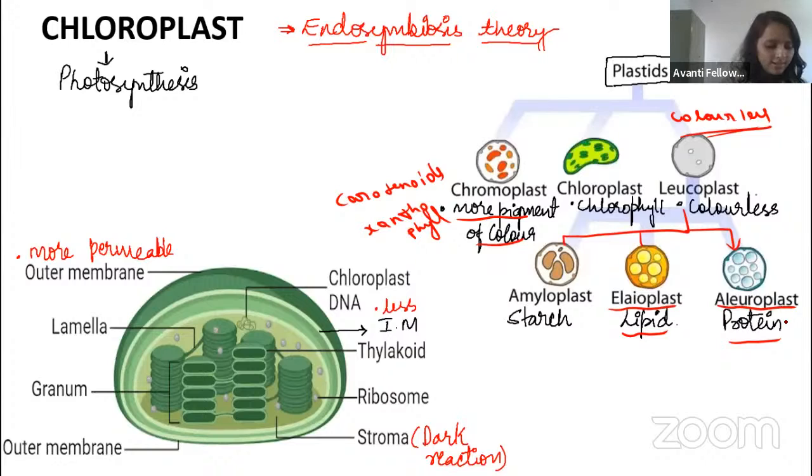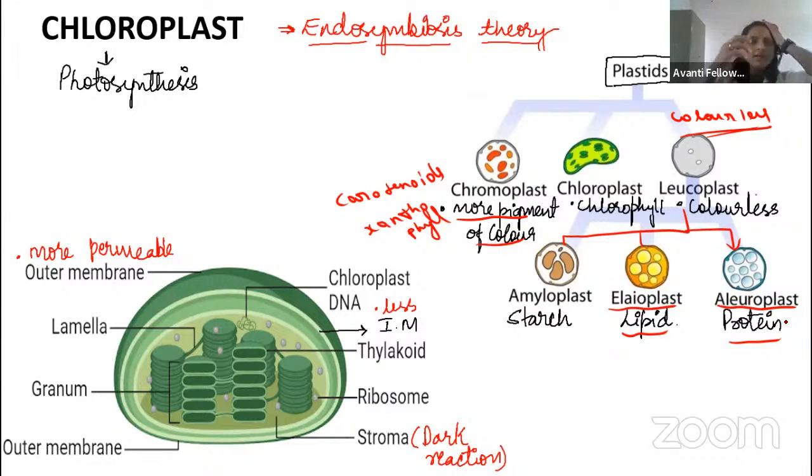They will ask questions like this. Yes, circular double-stranded DNA. So the question may be asked like this: the leucoplast which is involved in the storage of protein is called as what? Can anyone tell me, guys, in the chat box? Fast, I need an answer from you. Which stores the protein?